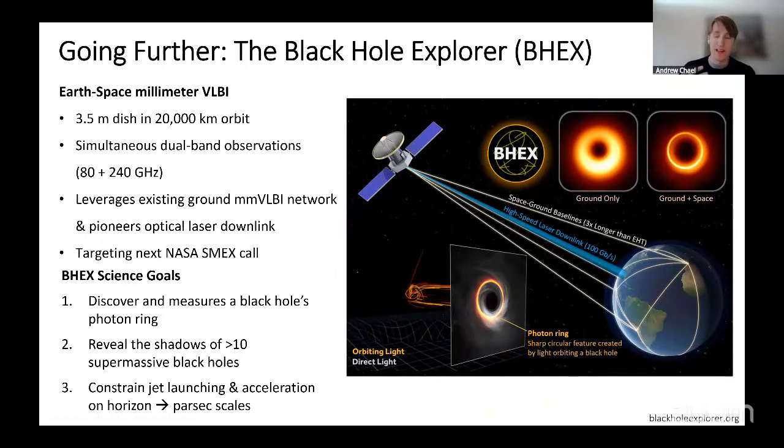And again, that's looking at the large scale jet, which we hope to see with higher sensitivity observations from the ground. Going then back to the high resolution case,